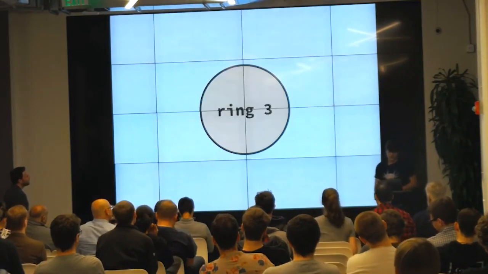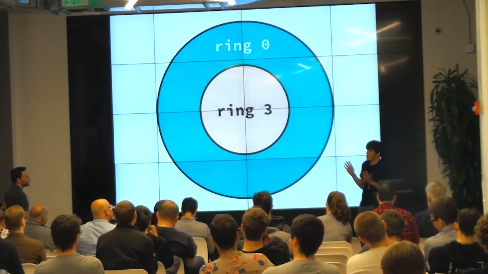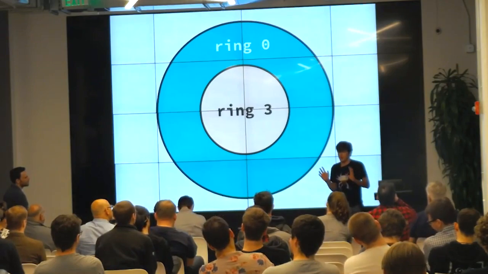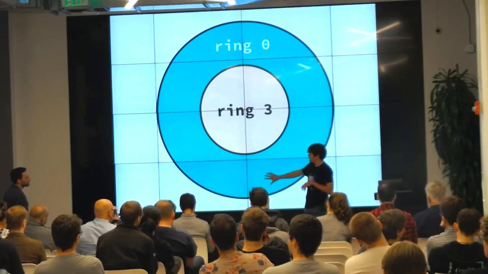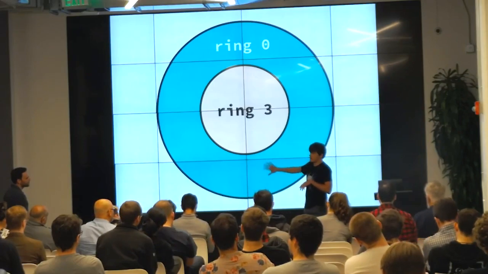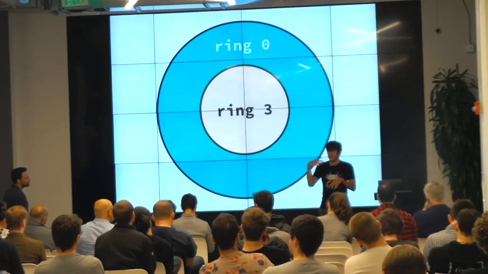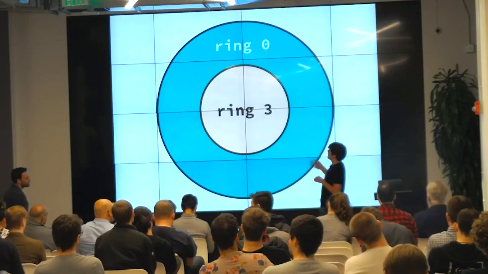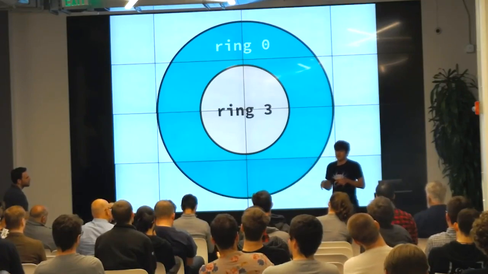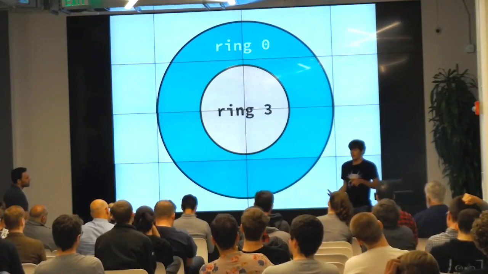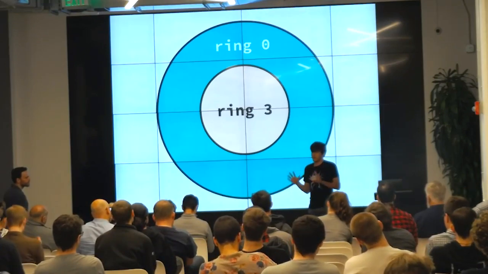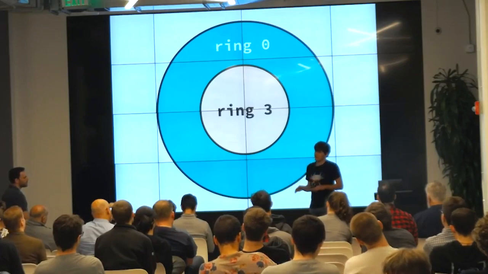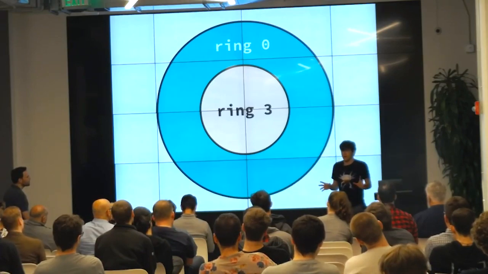Yeah. So ring 3 and ring 0, you can think of them as being separated by hardware. The CPU has essentially different modes. When your code is running in ring 0, like with the kernel, it's a mode of the CPU where it has more access to hardware. And when it's running in ring 3, it has less access. And I overly simplified it.